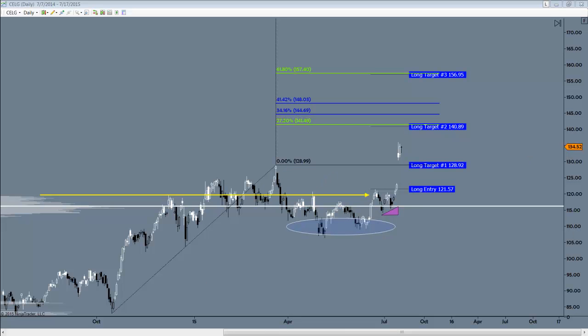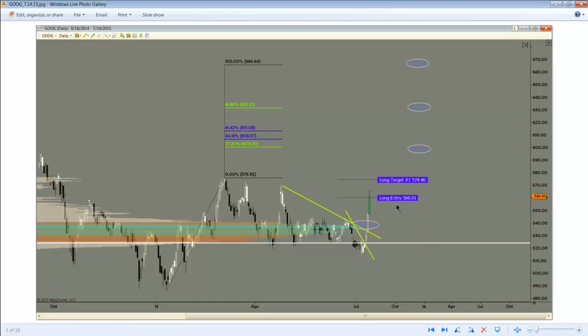But that's CELG. The other one I showed you guys was Google. And this is the screenshot in the room. We were already up on the morning, and I said I like this thing right here at 560s. And I tagged this zone here just with my target tool just to respect structure here. It was too close for a real target, but looking for some Fibonacci extensions to the round number 600. And then if we can get some extended targets, we'd look at about 630, and then a 100% projection takes us up to 665s. So that was the setup, same back-to-back setup I showed you guys with CELG on the